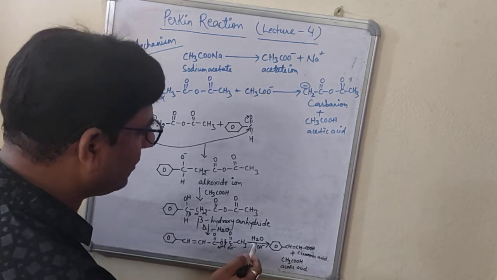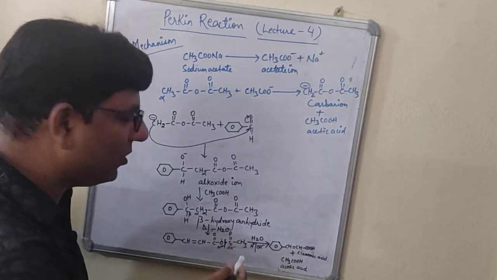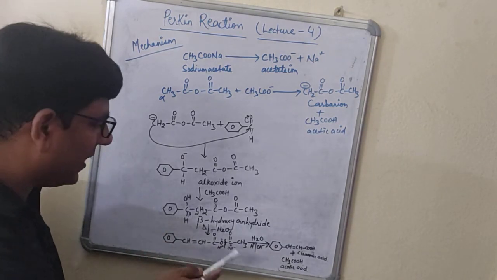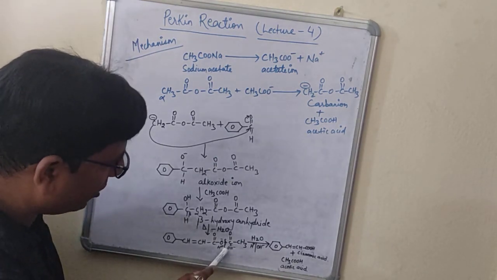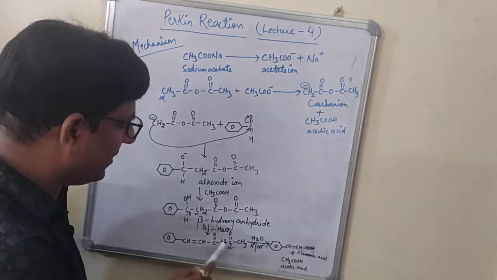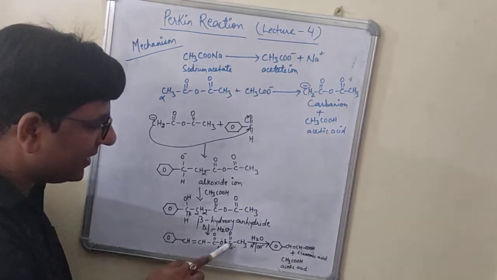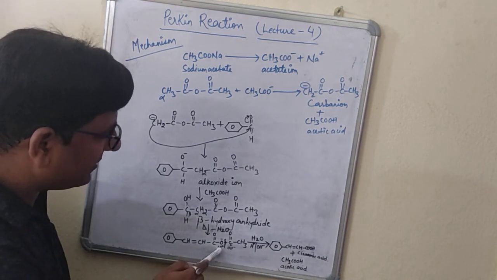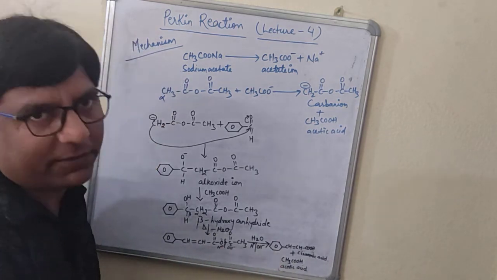Now in the last step what we will do? In the last step we will do the hydrolysis. Means we will add H plus and OH minus, because in water molecule we have H plus and OH minus. So we will add across this H plus and OH minus according to the negative and the positive sign. Right? So here we have to break this bond. When you are breaking this bond, this will have a negative and this carbon will have the positive charge. This is more electronegative, so it will pull the electron towards itself, so it will acquire a negative charge and this carbon will get the positive charge. This positive will attract this OH minus and this negative will take this H plus, and we will get cinnamic acid and acetic acid respectively.